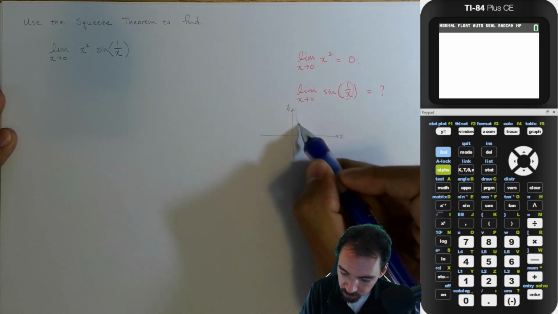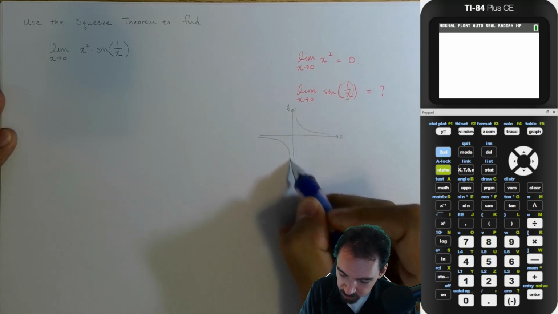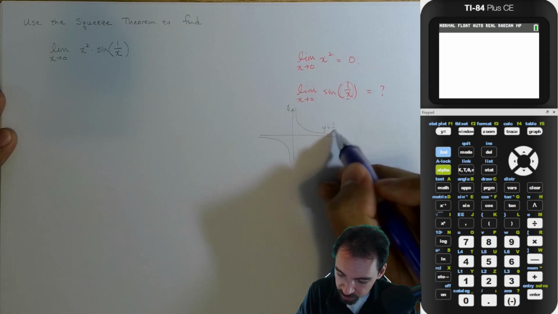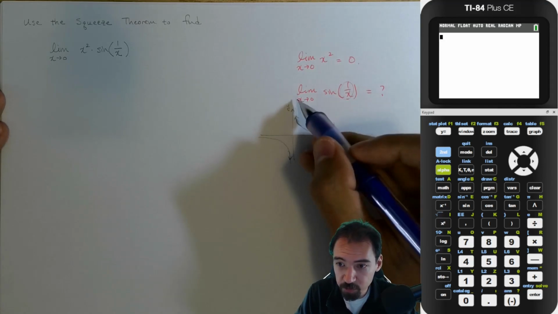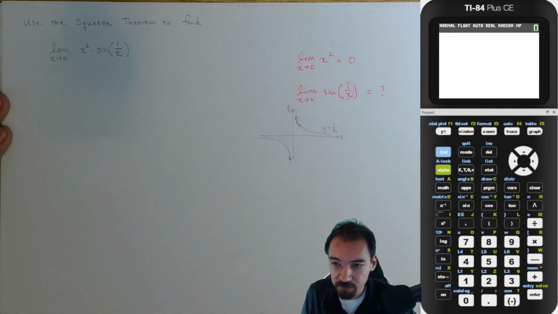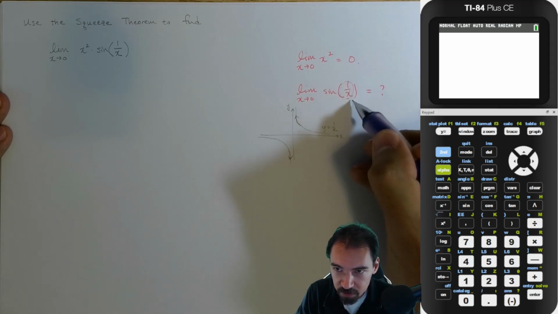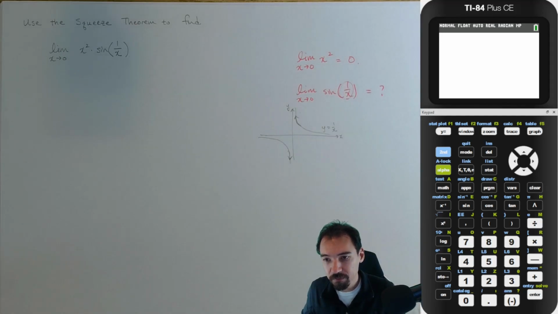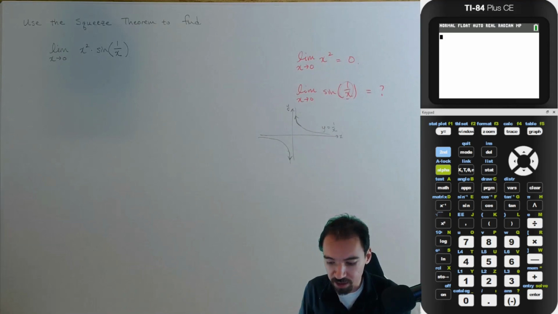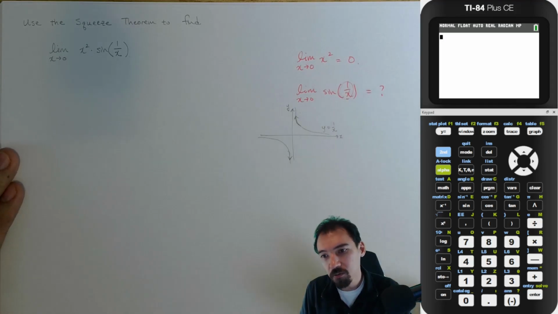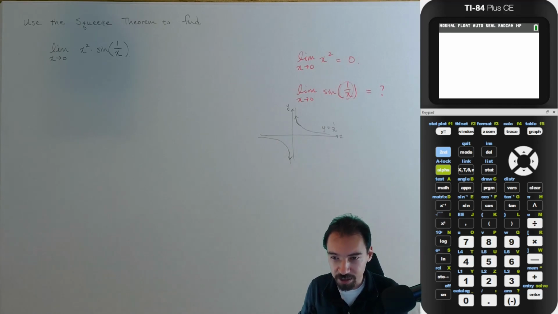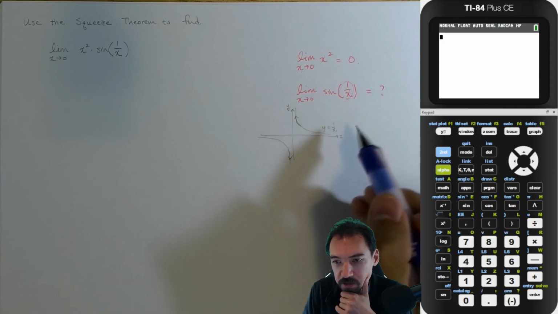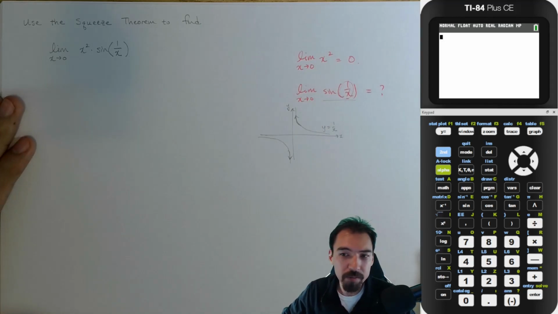the y equals 1 over x, it kind of looks like this. A little bit sloppy on my part, but this is y equals 1 over x. And as x approaches 0, notice on both sides, I'm going up to positive infinity, or over here down to negative infinity. So the limit of this inside function as x approaches 0 does not exist. Well, does that immediately mean this whole thing is broken, the limit doesn't exist? Well, we already saw an example where it was possible to break one of the conditions and still get a limit. Okay, so when all else fails, we try to analyze this function, maybe by graphing it to see if